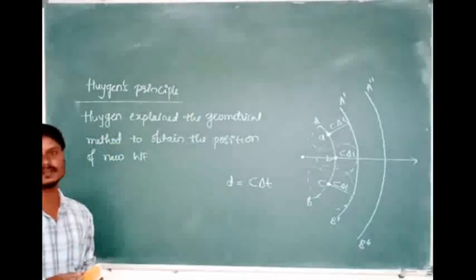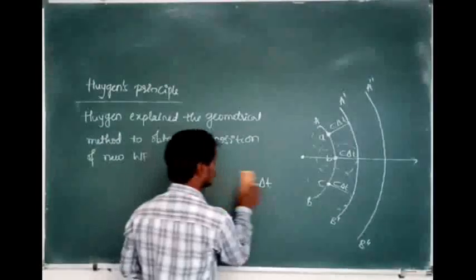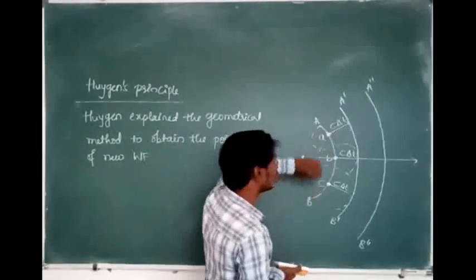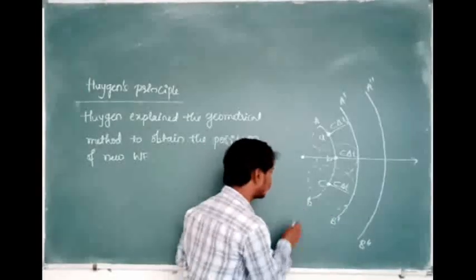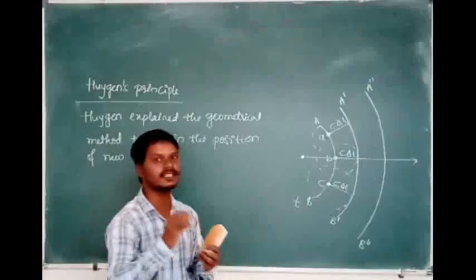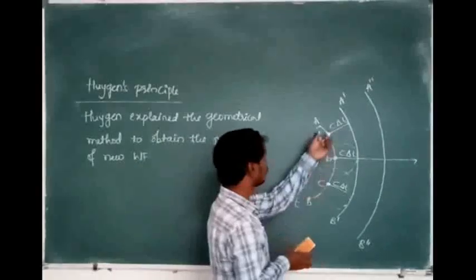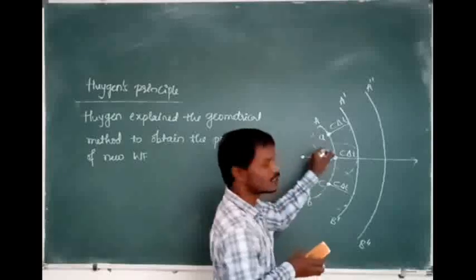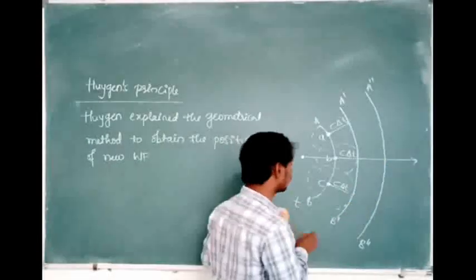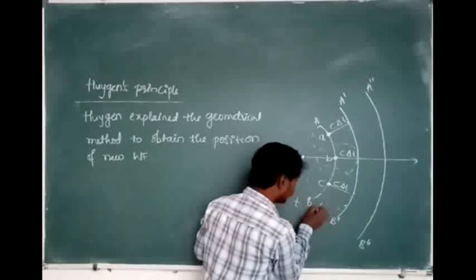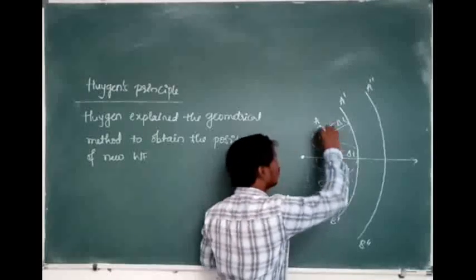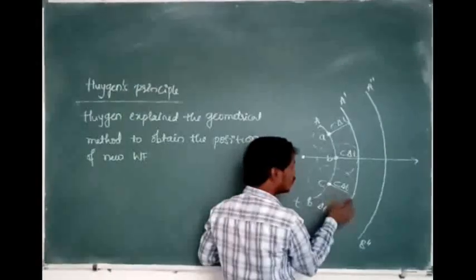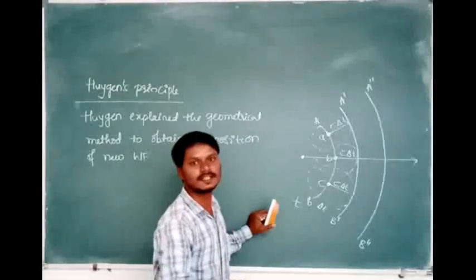Then what do you mean by Huygens principle? What is the statement of Huygens principle? Once again, listen here. Each point of the given wavefront at any instant, I will take this instant as t now. At any instant means at any time. At the time t, we take the wavefront, that is AB, and each point of the given wavefront acts as the source of secondary wavelets. After some time delta t, the light will travel the distance c into delta t. Means each point will travel the distance c into delta t now.